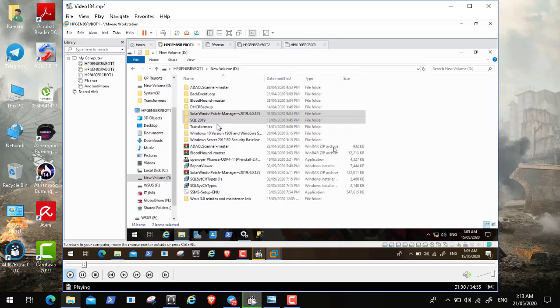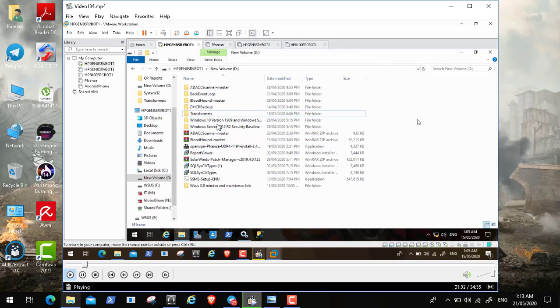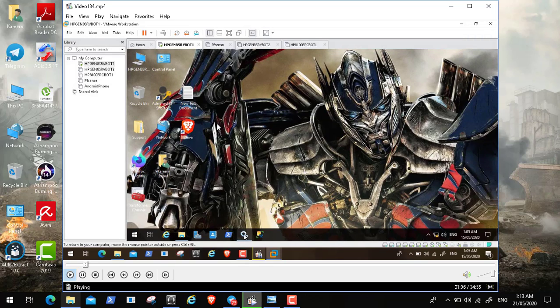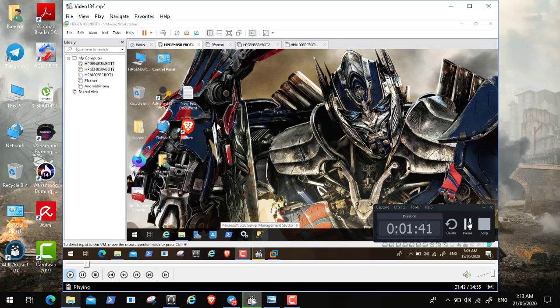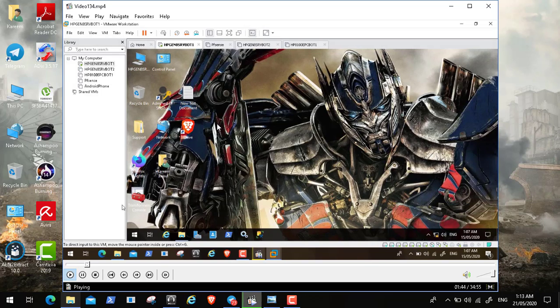I'm doing some cleanup because I have already installed SQL 2019, so I'm just deleting the folder that contains the ISO image or the DVD because it's taking space and I need every gigabyte on the hard disk, because I have limited hard disk space. It's only 1 terabyte, so you have to use it wisely, and I have a lot of virtual machines. So now